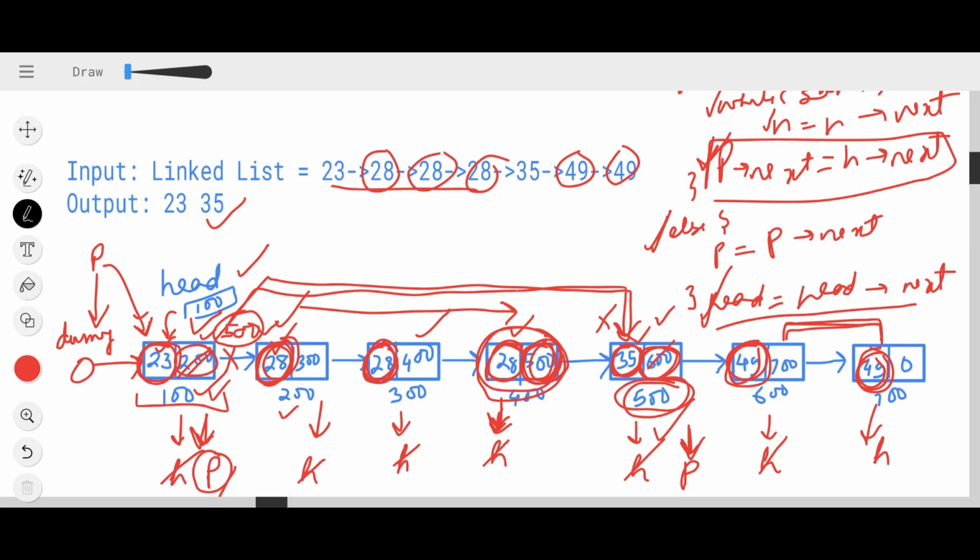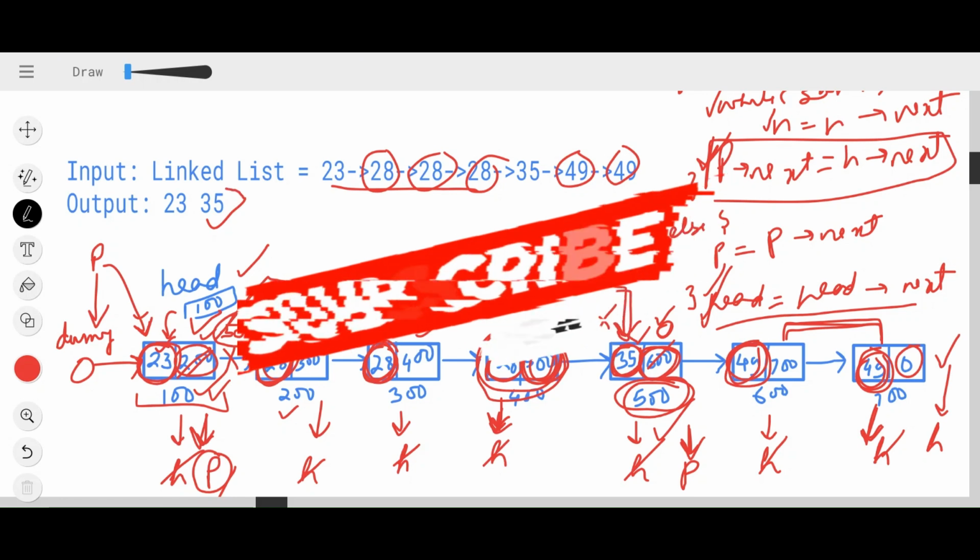So P next becomes head next. My head is pointing to this node. What is head next? It is 0. So P next becomes head next. So P next is now 0. So now the traversal will end. This piece of code will get executed. Your head will be pointing to here. So at the end, the traversal will end. So as you can see, you will get this as your result.